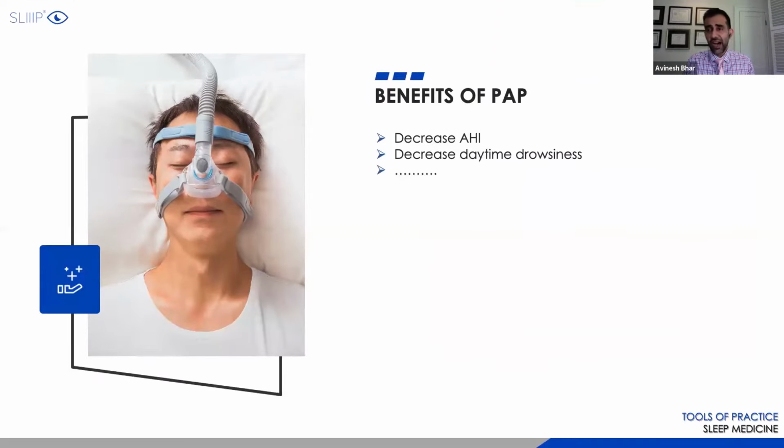PAP therapy works whether you're severe, whether you have AHI above 100, whether you have AHI just above 6. That being said, most people say, well, if you're mild, then you should be able to tolerate all these other modalities. The difference is a lot of our mild right now is based on home sleep tests, which I explained in the previous webinar, will routinely underestimate severity. What we're finding is that in about 30 to 50% of these tests, which position patients as mild, moderate, or severe, will grossly underestimate the severity of the disease. And plus, there's a lot of night-to-night variability as well. So that's why I think the foolproof or safe approach is to make sure that we apply CPAP first as a first option.